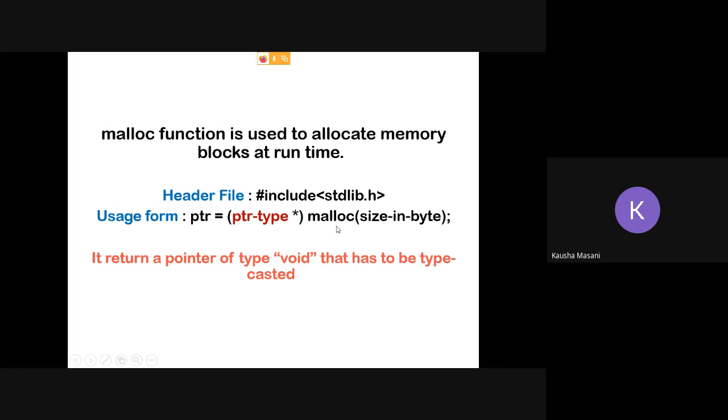but that pointer is of type void, and that's why we need to typecast it with whatever data type we want, data type and star, the data type of the pointer where you are storing the value. So if this black ptr is of type integer star, then you give integer star here. If it is float star, then you give float star. Please do keep in mind, don't forget this.